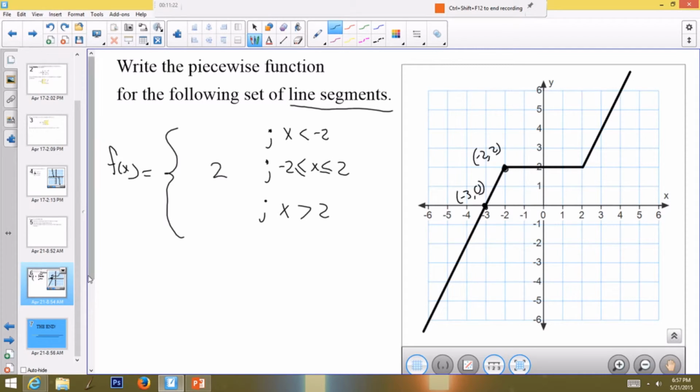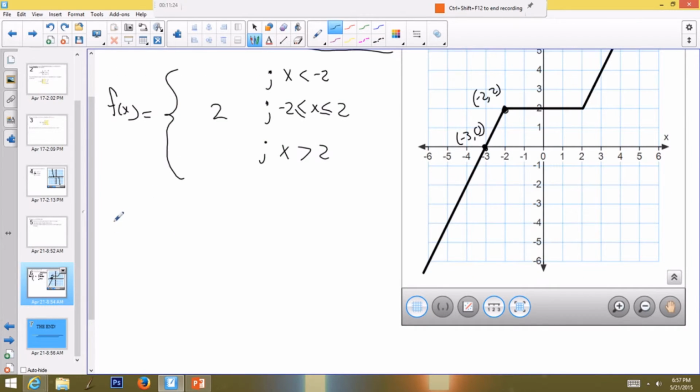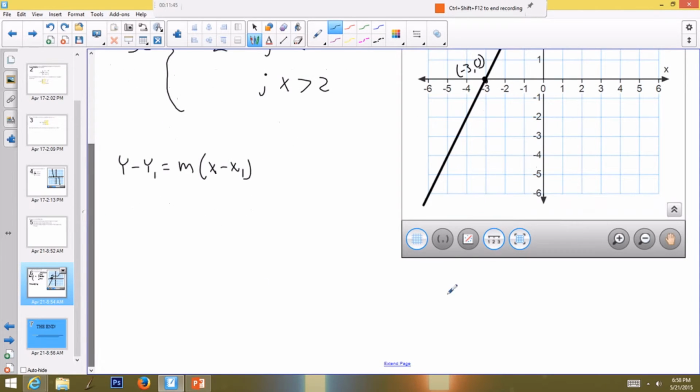So here's what I'm going to do. I want to use that point slope form. And if you remember from earlier, it was y minus y1, I screwed that up, y minus y1 is equal to m times x minus x1. Now, here's the thing. I got a slope here, and if you remember, that slope function is m equals y2 minus y1 over x2 minus x1. So I'm actually just going to plug that in for m, and I'm going to do it all in one